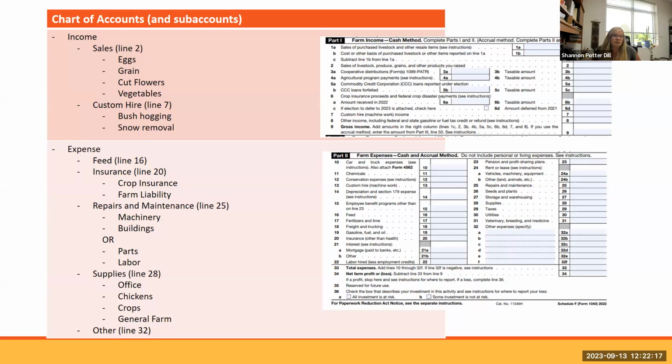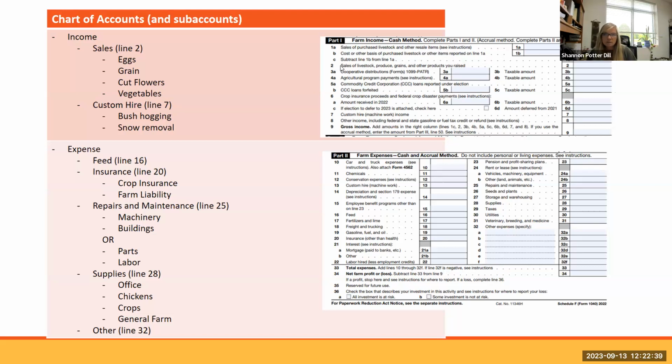So I sat down and created what a chart of accounts might be for an example farm. And this is accounts and sub-accounts. I wanted to show some examples here of how a farm might set up a chart of accounts. In the income section, you see sales here, line 2.